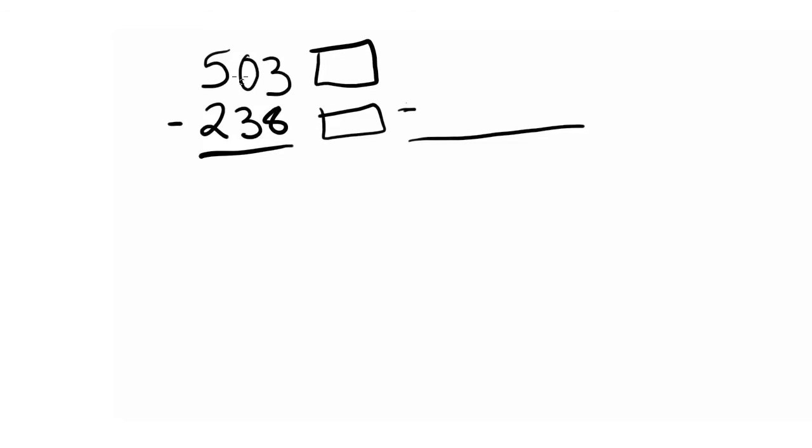I'm going to look at this and I say, oh, I like to take 250 away from 503. So I'm going to add 12 to both numbers. When I add 12 to 503, I will get 515. When I add 12 to 238, I get 250. I know easily that 250 is half of 500, so I'm going to have